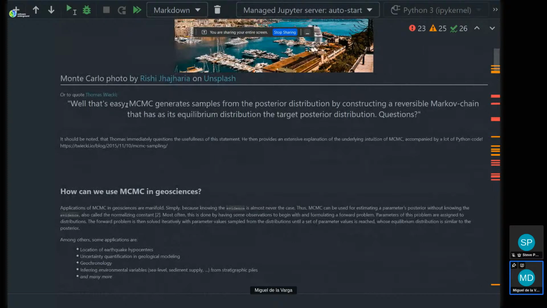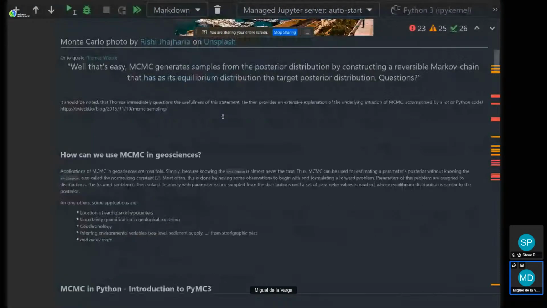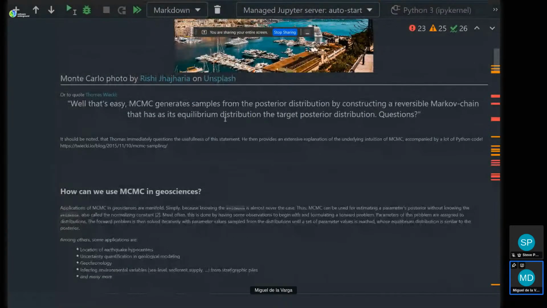MCMC generates samples from the posterior distribution by constructing a reversible Markov chain that has its equilibrium distribution equal to the target posterior distribution. So that's something even I, having done a PhD about this topic, cannot follow very well. So again, I'm going to try to bring it to the essentials, when it makes sense to use it, and what